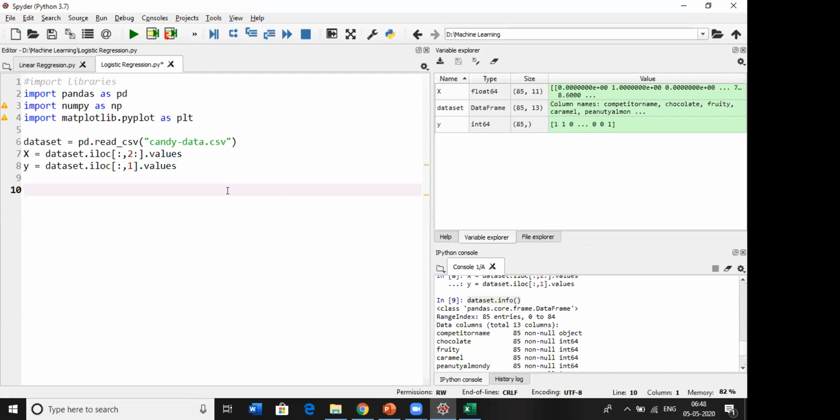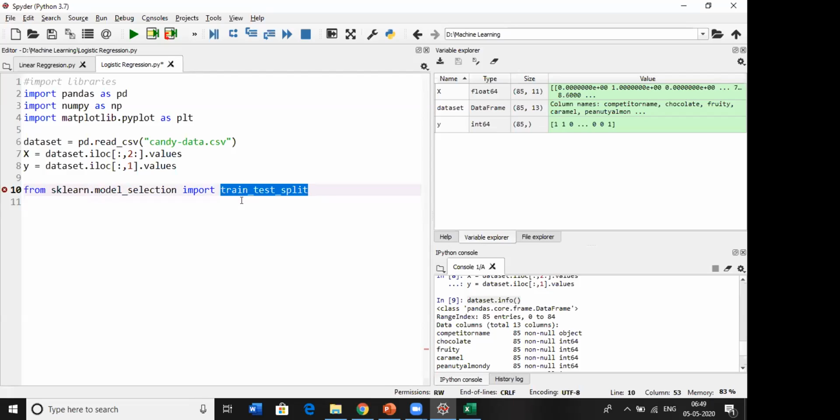So we need to import train_test_split. We need to split our data set into training and testing. For that, we need a library, a function called train_test_split. How can we find that? You can find it in the sklearn module. Inside sklearn, we have model selection, and from it we import train_test_split. So we got the function here.